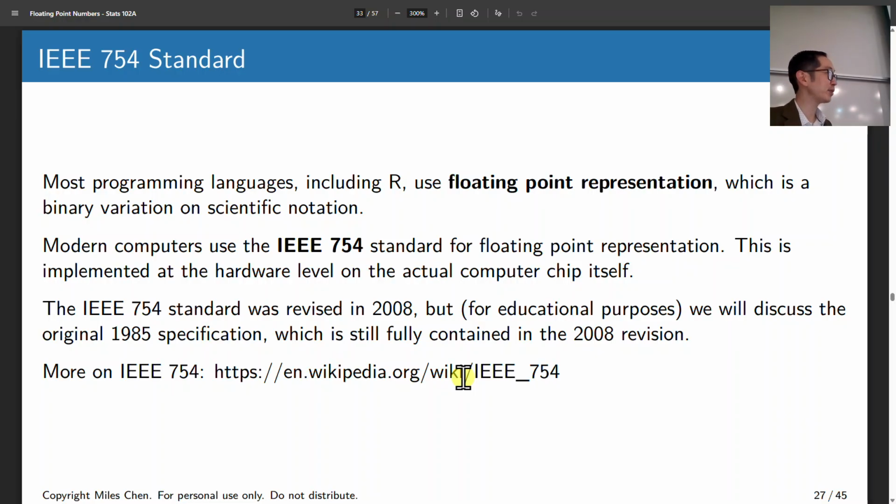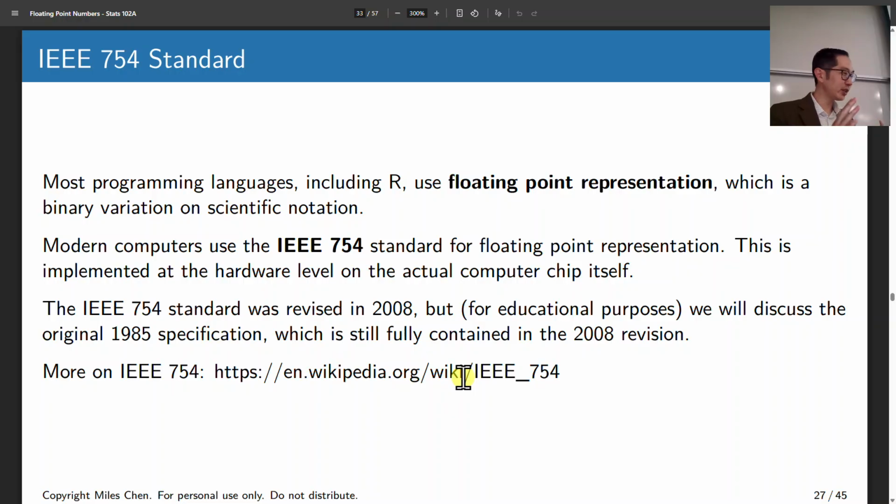And so software, when you wanted to write a computer program, you had different systems to represent it, and it was complex. Now this standard is used by all manufacturers, and so whether you buy an Apple computer with Apple Silicon, or a PC with an Intel chip, or an iPhone, or an Android, or all of these different, NVIDIA produces chips, and Qualcomm produces chips, and AMD, all these different companies produce chips. They all adhere to this IEEE 754 standard. And so